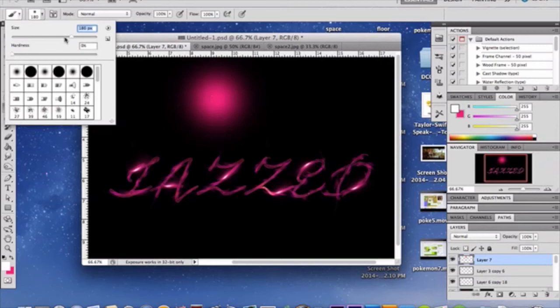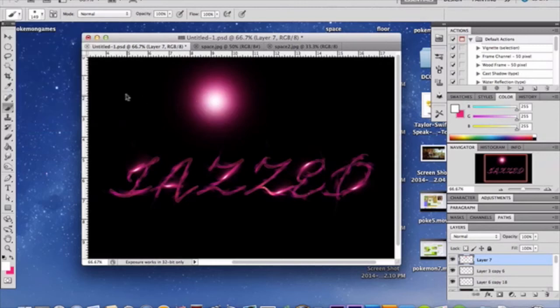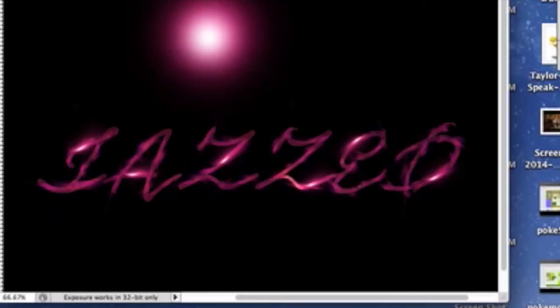We need to go smaller. Place your white dot right in the dead center. Don't make it too big, also not too small. Alright, once we have it to this setting here, we can then go ahead and do a Command T, and